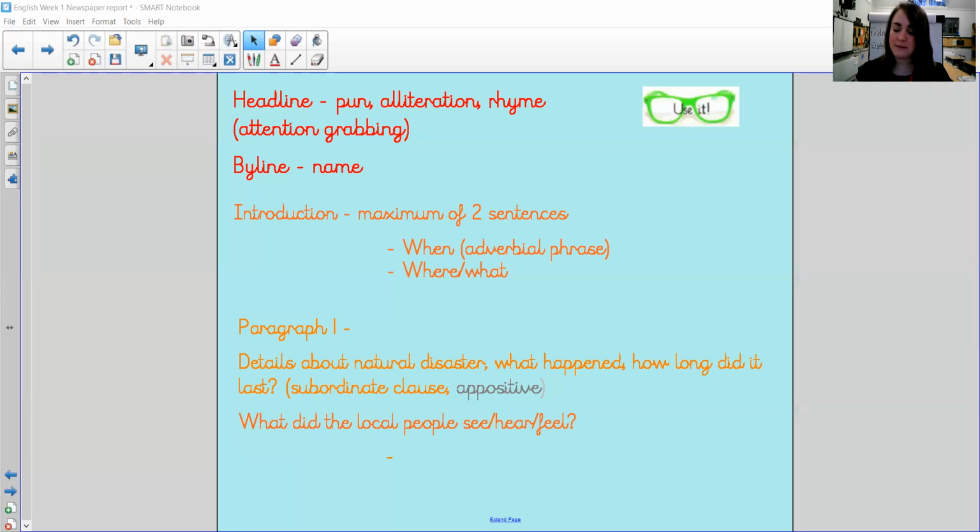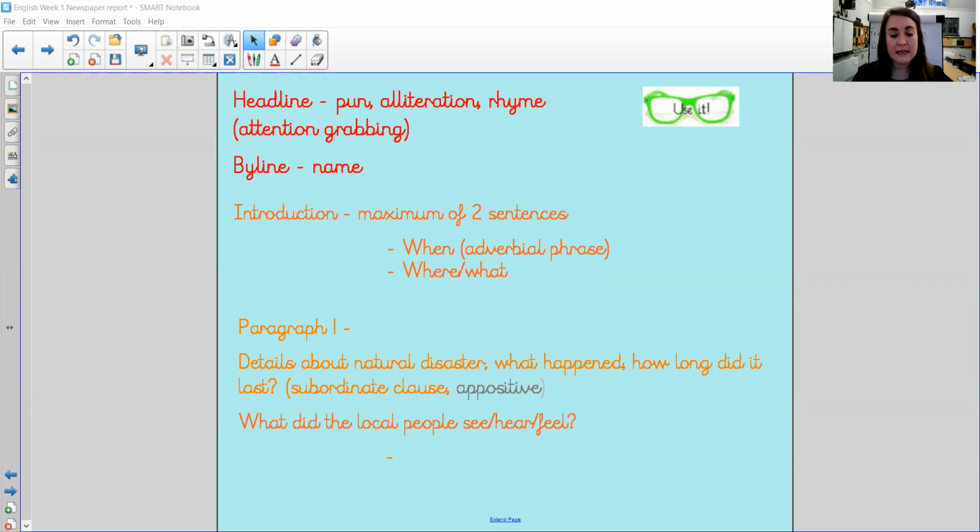Okay, I chose Italy because I know that Italy is sat near a tectonic plate. So I chose a country that I know is sat near one of the tectonic plates. Now, remember, we're looking through this book that you should have in your pack, and you should see all of these lines. So make sure that you do pick a country or a city that's sat near or on one of those tectonic plates, because that's where the natural disasters are most likely to happen. Okay, so hopefully you've got as far as writing your introduction.